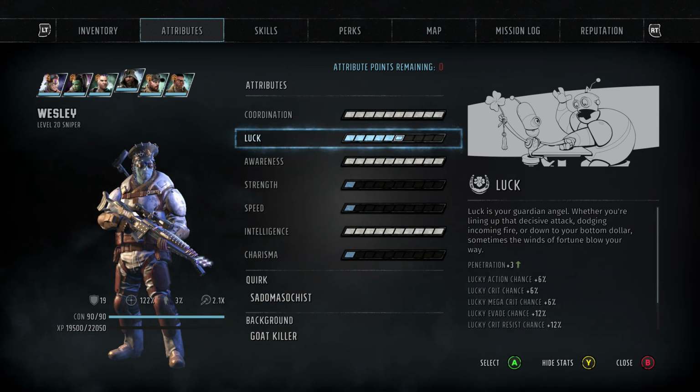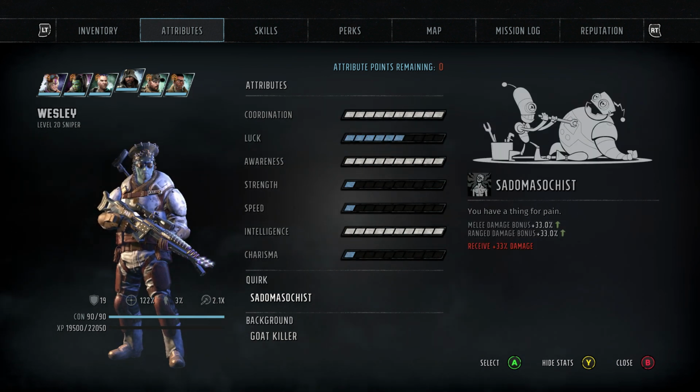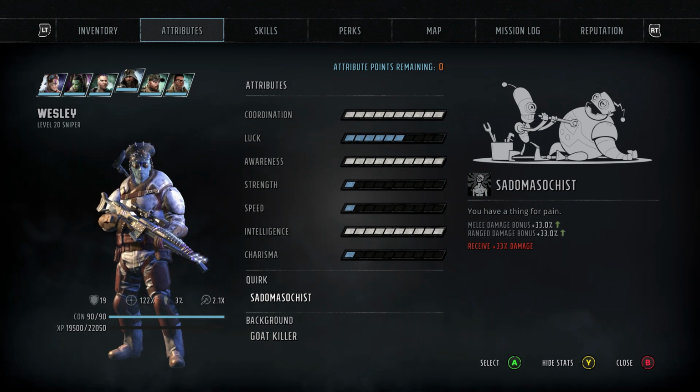The remaining, what you want to do will be luck, which further down the line, once you've got every single thing on your character, and once you're in endgame, you will want this all the way up again. For the quirk, just down here, if you have a little look, the best I have found, because you want your character to hit, and you want them to hit hard,